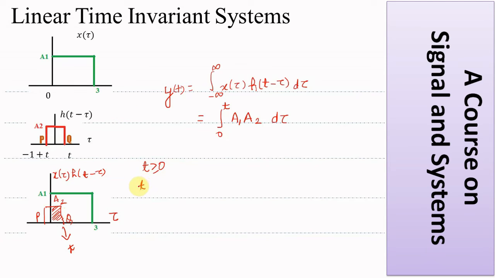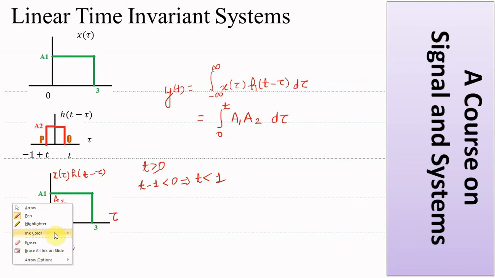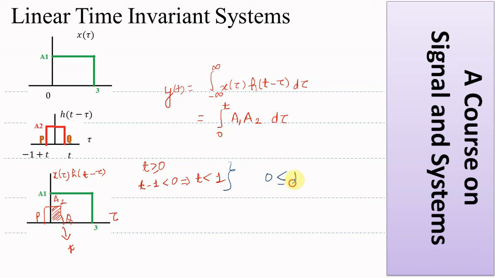That means that t minus 1 is still behind 0, which implies that t is behind 1. So I can combine these two and write that between 0 to 1 my t remains in this case,